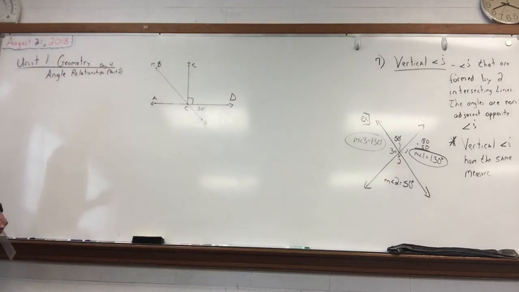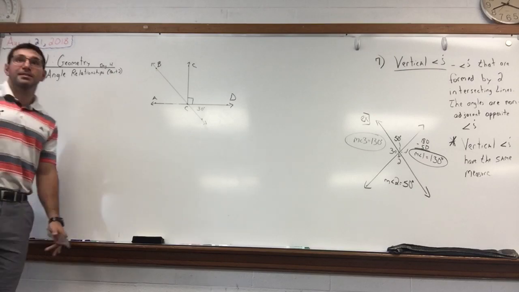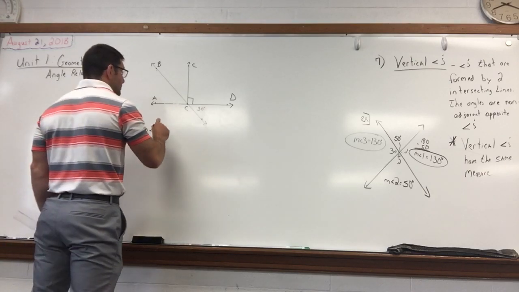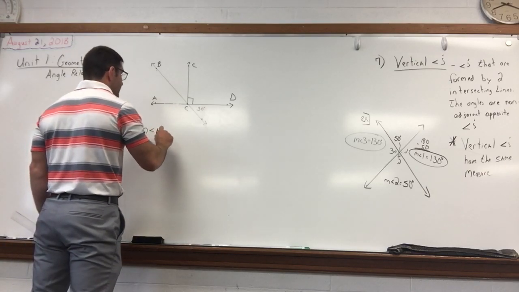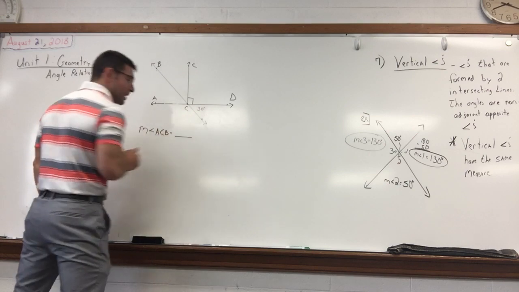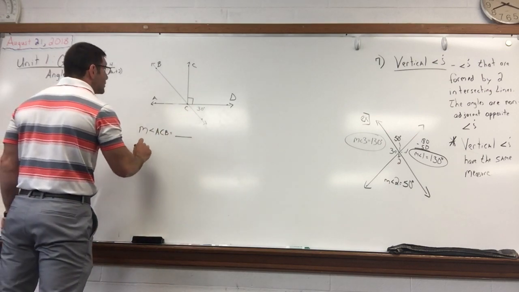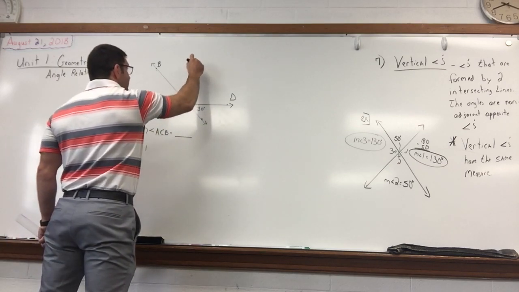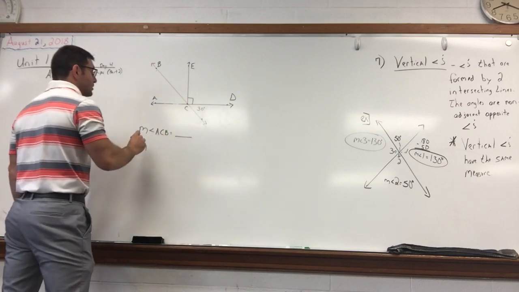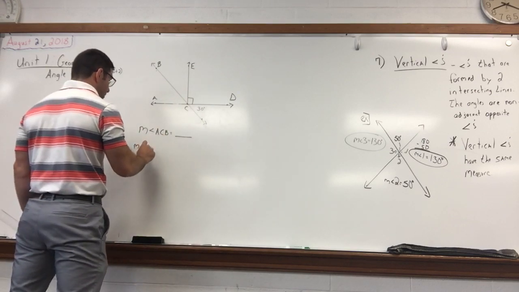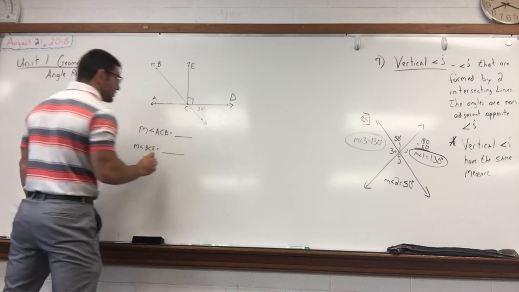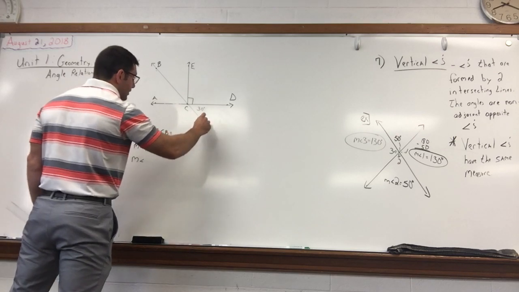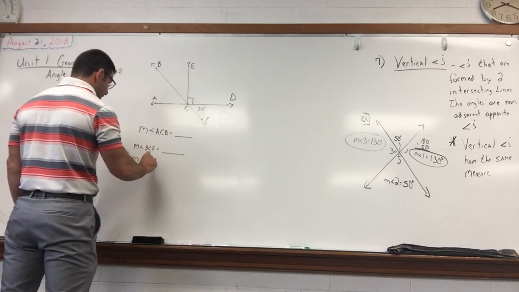Okay, now listen. Here's my questions for you. You're going to see this on your classwork today. It's going to say the measure of angle ACB equals, and it's going to have a space. The measure of angle, let's make this a different letter, let's make this an E. Angle BCE equals the measure of angle, and we'll call this F. Angle ACF